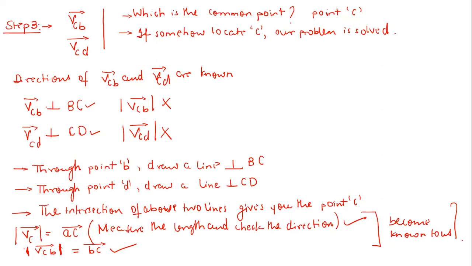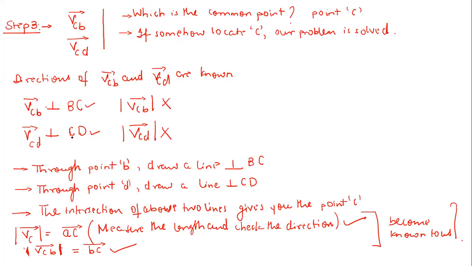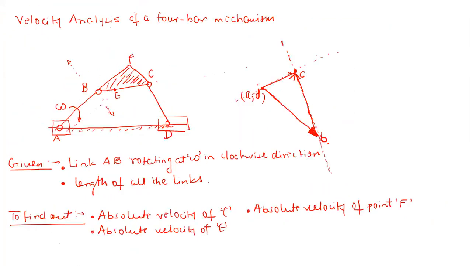Okay, so now let me ask you one question, right? If you observe very carefully, right here, I talked of VCD vector. But if you go to your original equation, here this is VCA vector. So what we did, we actually started to form the vector equation using this VCA vector. But ultimately, we reached this VCD vector. So just tell me, if I use this VCA vector instead of VCD vector to locate this point C, will it be possible? Just think about this.